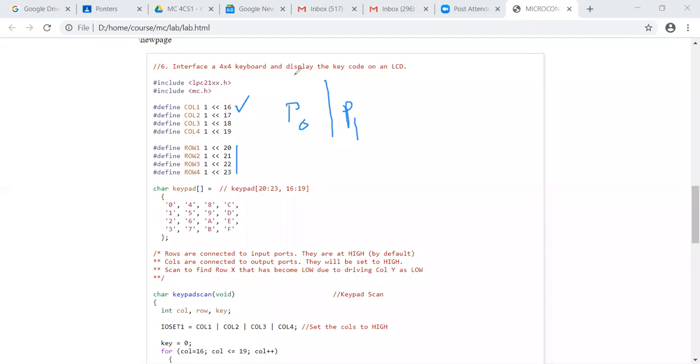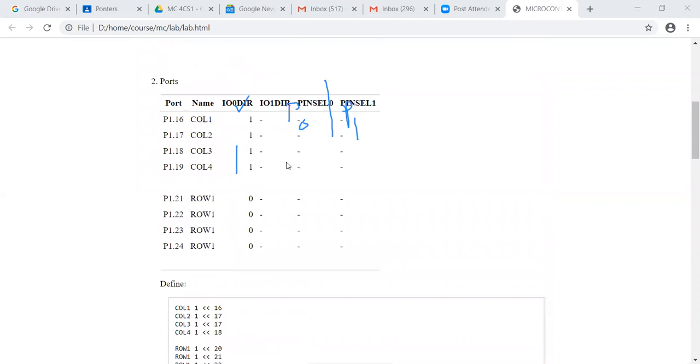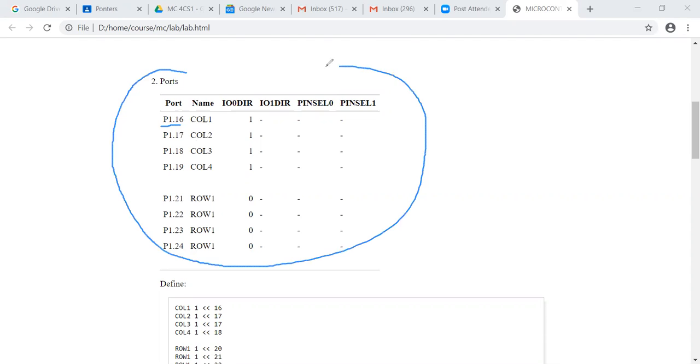And I will go back to this ports table that I have. Clear the drawings. So how do you know in the examination whether the ports are coming from P0 or P1? This is the table you will be given in the exam to help you know how the ports are used on the board. So with this information, you can initialize either the IO0 direction register or the IO1 direction register in the initialization. So this will be given to you in the examination.